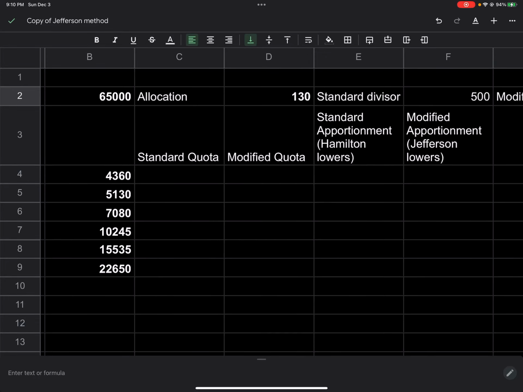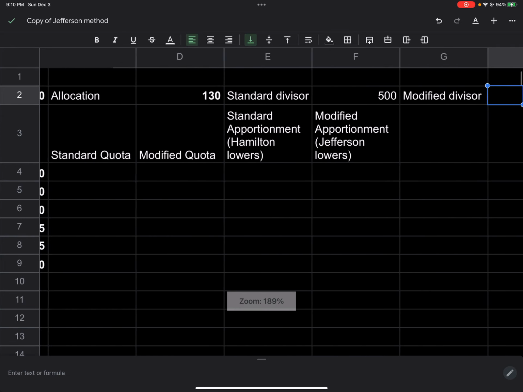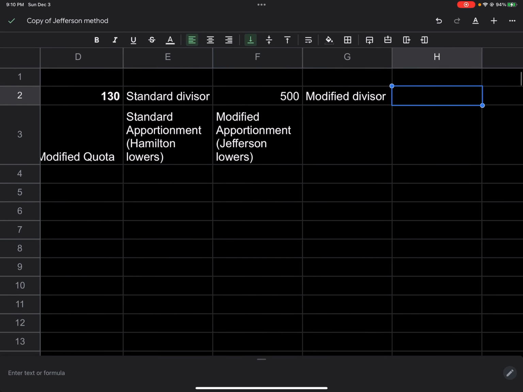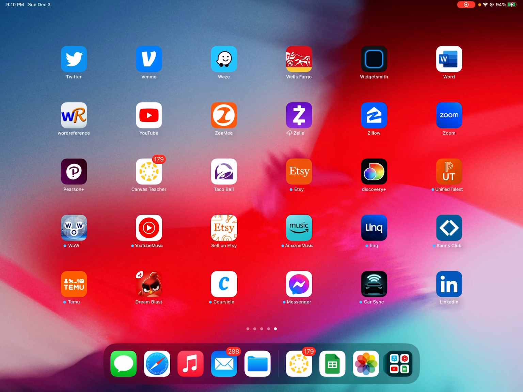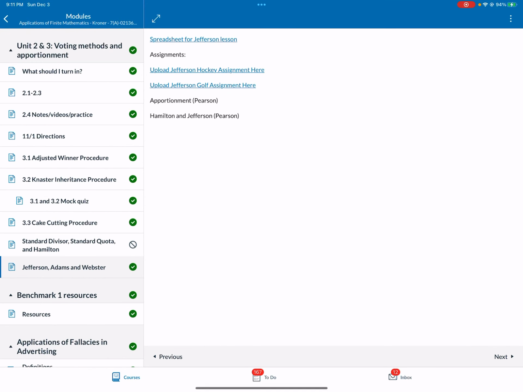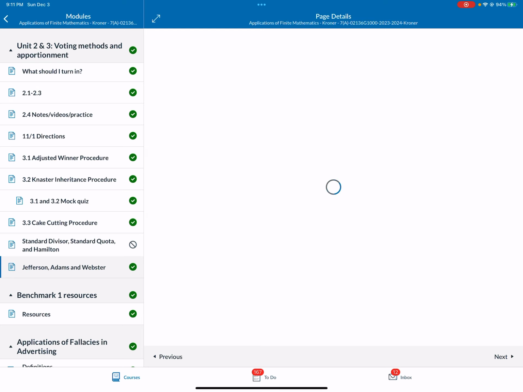All right, we're going to go ahead and take a look at the Jefferson model. There is a spreadsheet that you need to pick up from Canvas, and so I'm going to show you where that is right now. If you go into Canvas, the top module is Unit 2 and 3, Voting Methods and Apportionment. The very, very bottom one,